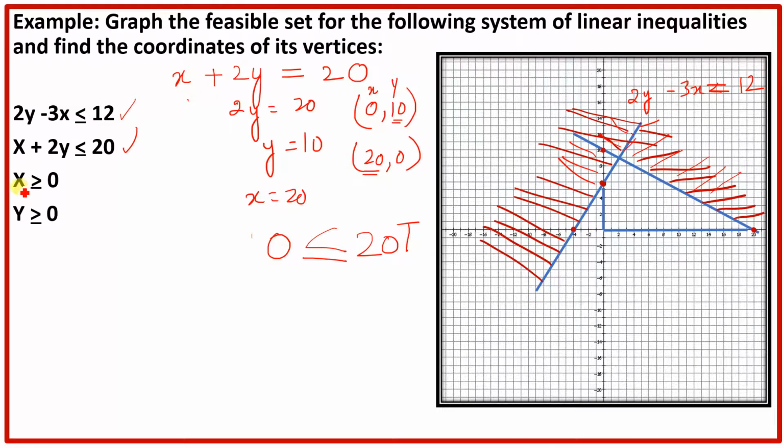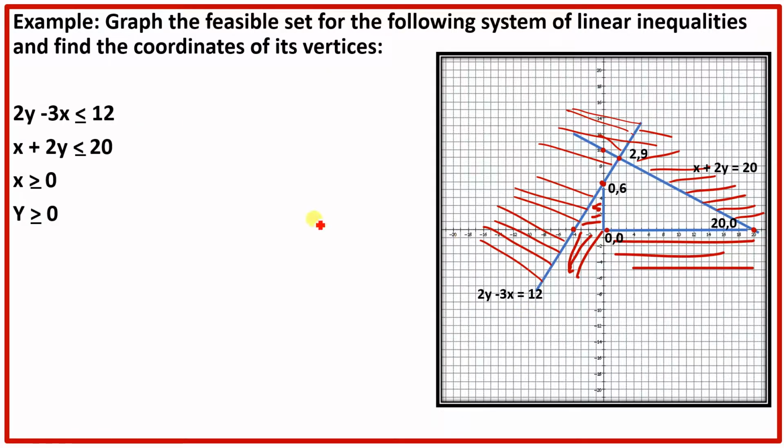Now the fourth is x is greater than 0. So all the values we will find here, this is okay, right? This is x greater than 0, and same thing, y is greater than 0, so we will get the first quadrant, both here and here. And all this portion you have to shade because this is not the solution area, all this, right? Move on here, this is not the solution area. So the first part of the question is done, that these are not the solution areas.